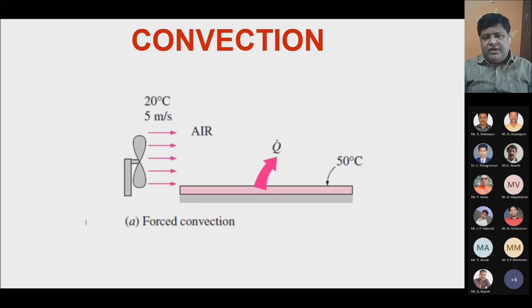So one point is that in the given time, the fluid has to remove the heat at a faster rate. At the same time, we have to see that the power we consume to pump the air is not very high. Our requirement is not only to remove heat, we have to see that it is also efficient. That is the reason that in convection, we study both the fluid as well as the heat transfer simultaneously. So we have the properties of the fluid velocity, the temperature of the surface, and the fluid viscosity and density. All these factors are combined with our heat transfer, and we study this.